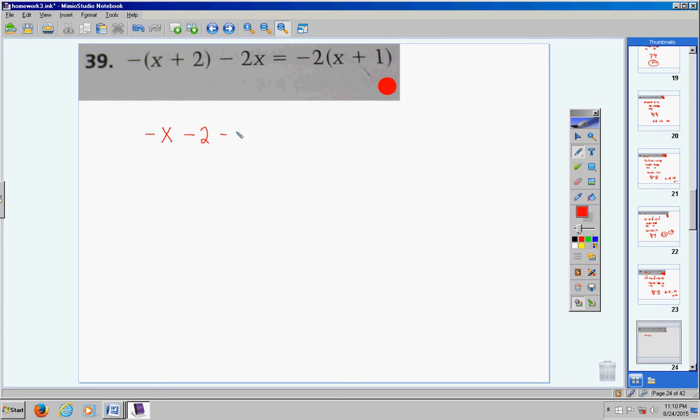Then bring down your negative 2x. Over here, take your negative 2 and distribute it. Negative times a positive is negative. Alright, now